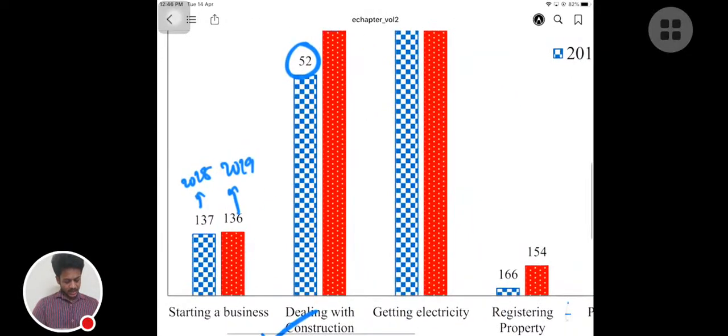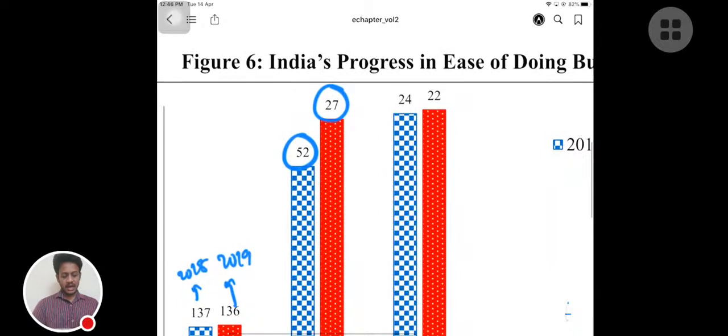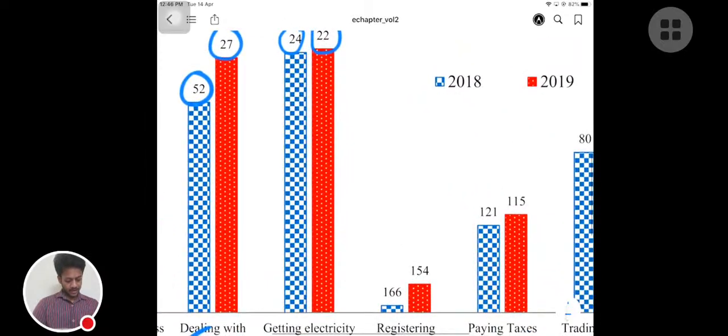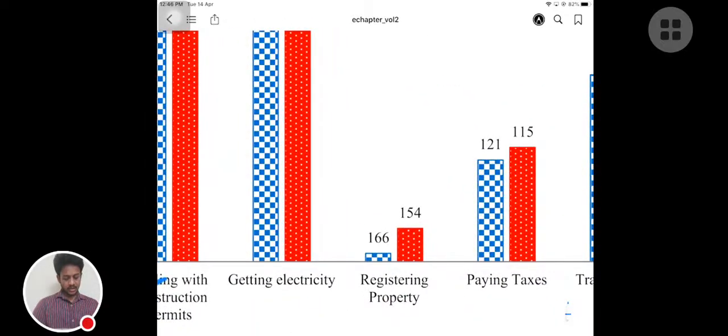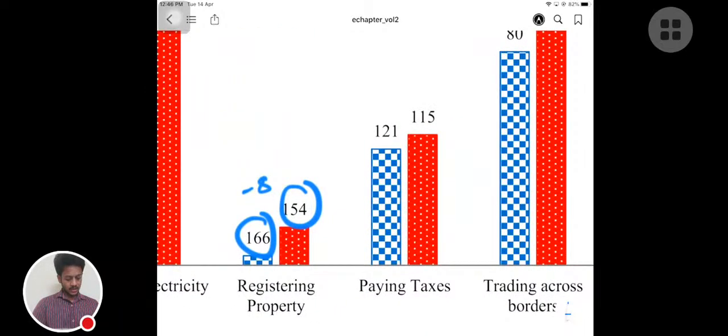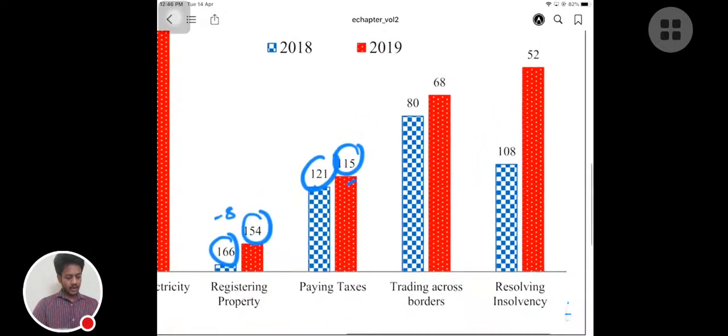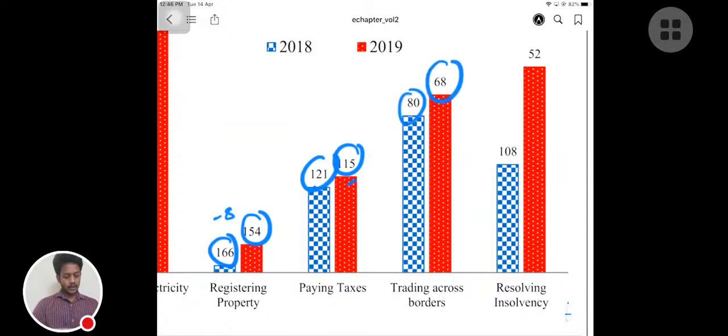After that, getting electricity, earlier itself we had a very good ranking, and again we improved by 2 rankings. After that there is something called registering property. Here we didn't fare that well, because the difference is only 8. When it comes to paying taxes, again the difference is not that great, from 121 in 2018 to 115 in 2019. When it comes to trading across borders, it is okay. When it comes to resolving insolvency, we fared very well. There is an improvement of more than 50%. Why? Because of